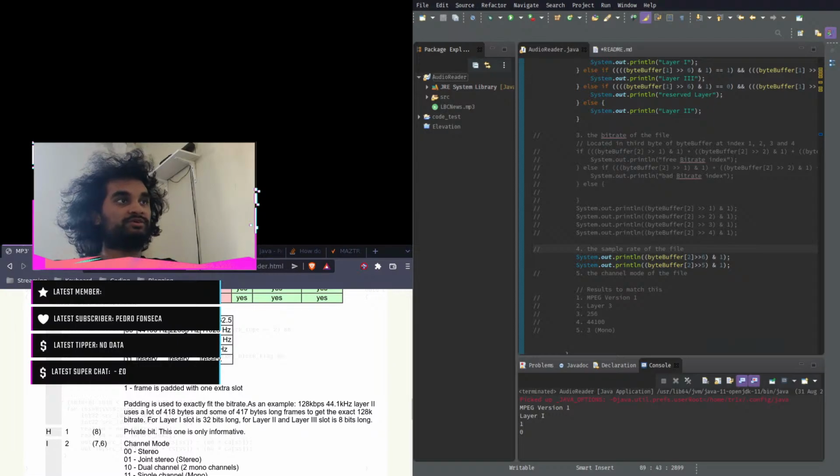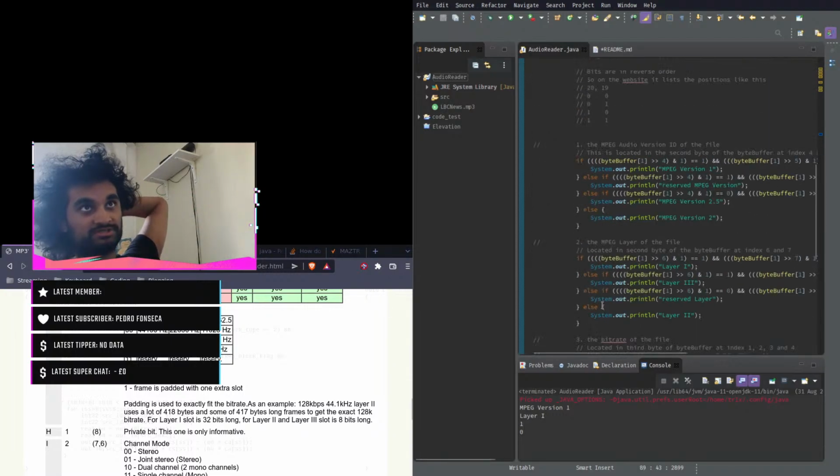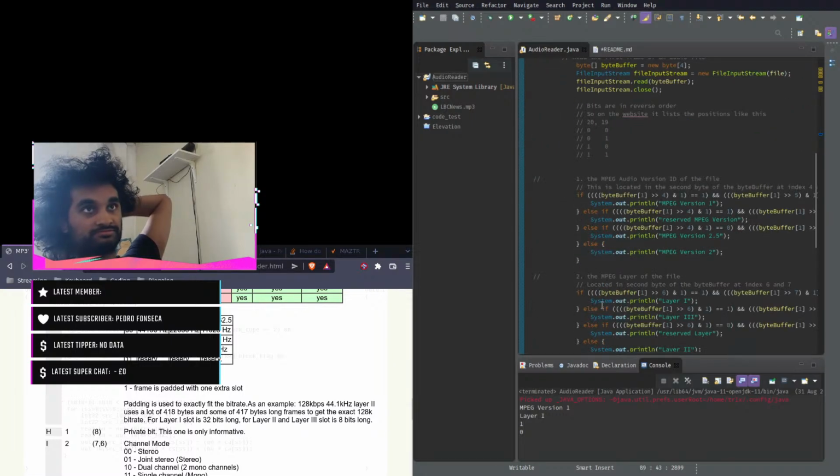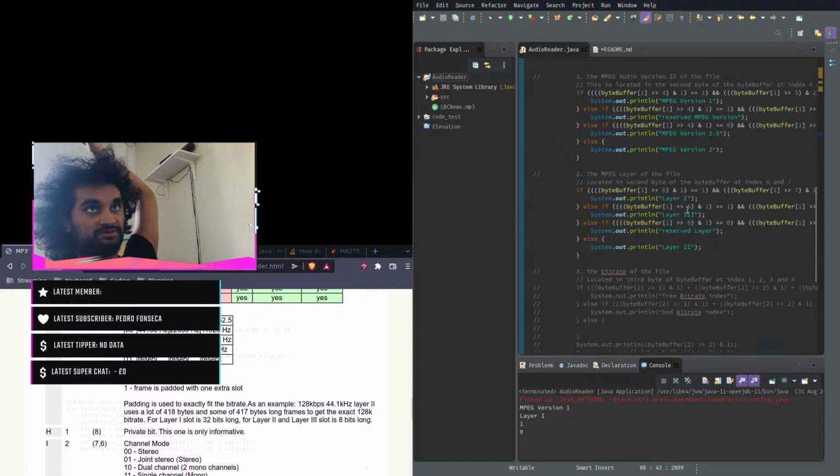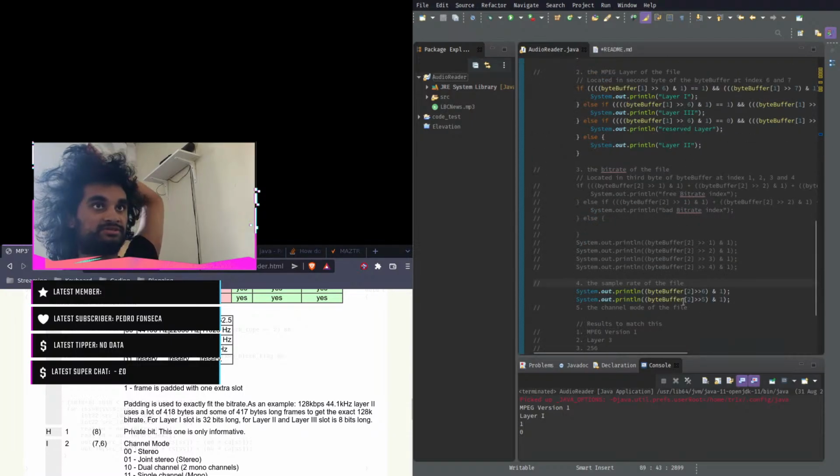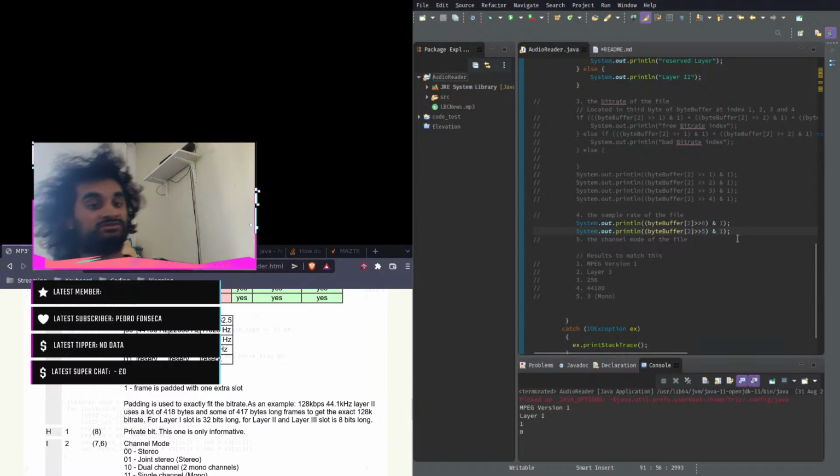Because that's just reliant on MPEG version, right? So I'll just have 3 ifs with 4 nested ifs. Oh, it might be easier just to put a switch case on that, actually, because you couldn't put a switch on this because it depends on the number of bytes in it, right? But because this is dependent on just 2, you could have like